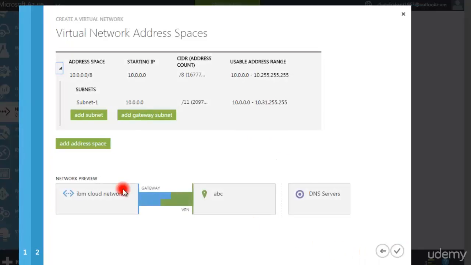Now what I will be doing, I'm creating a virtual network address space. This address space shows what network address will be given to this virtual network. This virtual network can have hundreds of computers. So what IP address should be given to this whole network? So I have selected 10.0.0.0/8. 8 is basically the CIDR number, that is classless inter-domain